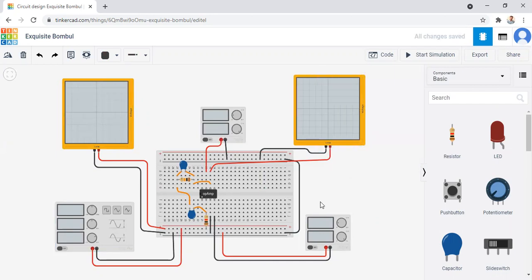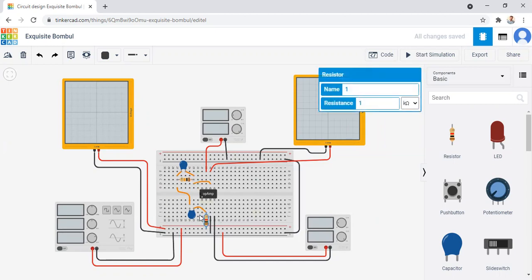The value of input resistor we already set, that is 1 kilo ohm. Input capacitor we already set, that is 300 millifarad, and the feedback resistor we already set, that is 10 kilo ohm, and feedback capacitor value we already set, that is 600 millifarad.